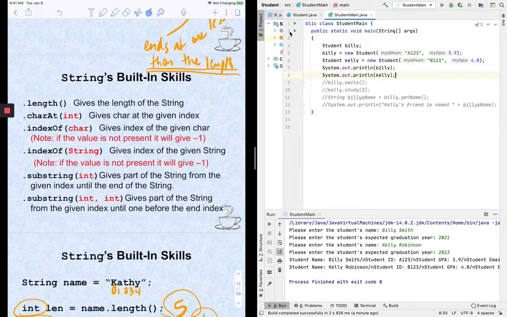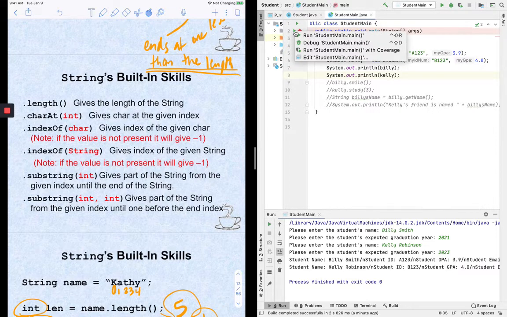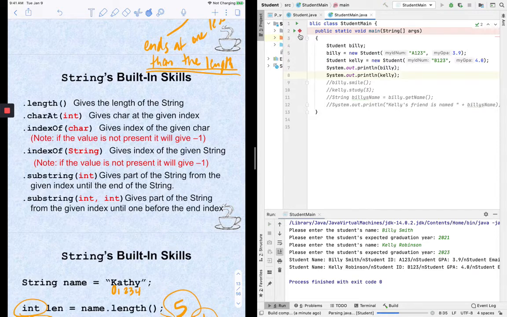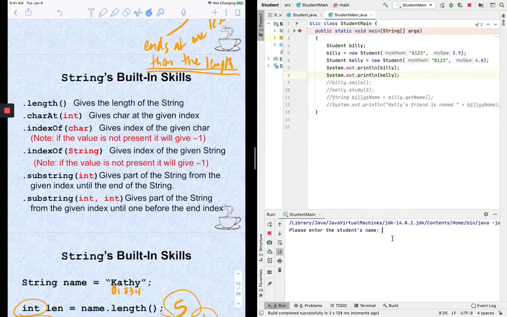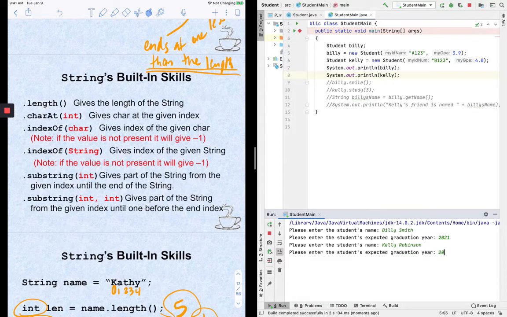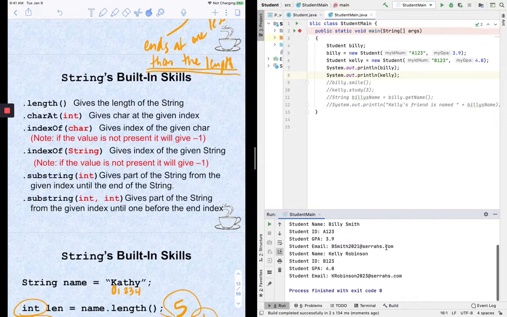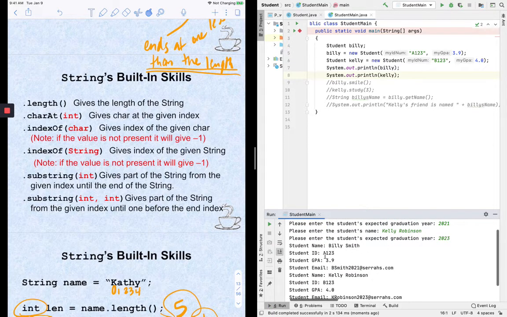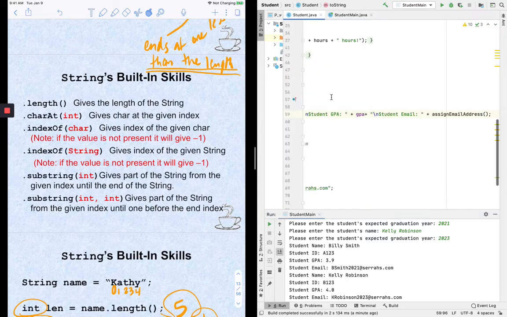All right. So, let's run it. So it was Billy Smith, and he was 2021. And then Kelly Robinson, and she was 2023. So let's look. Oh, now all their information's pretty nice. Billy Smith, student ID, student GPA. You can see that it read in Billy Smith. It also read in 2021. It saved it here